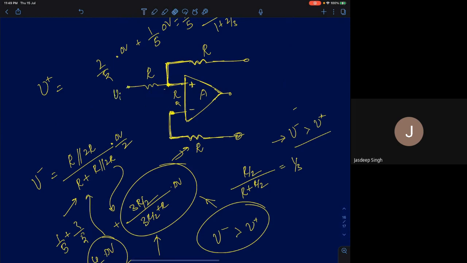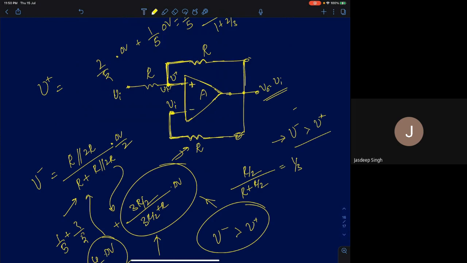Once you know that, we have already discussed one very important thing: if you know a circuit is going to have negative feedback, then for a finite output, because of bounded input, bounded output stability, the error of the op-amp has to be 0. If the error is 0, V plus has to be equal to V minus, which means no current flows through the resistor. So I might as well open circuit this resistor, like I might remove this resistor. Then the circuit is simple, and the output will also be equal to Vi. This we have analyzed previously, so the resistor makes no difference.